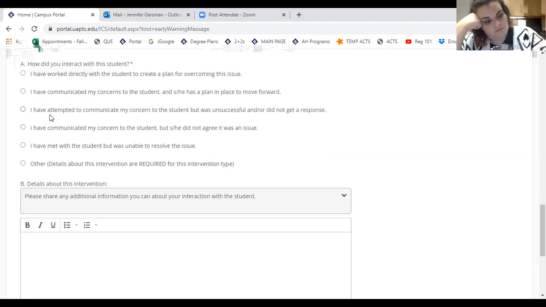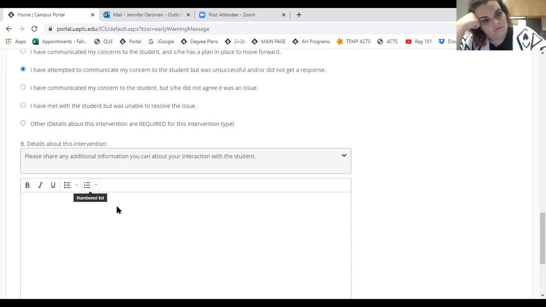A lot of times we get this one: I've communicated my concern to the student, but was unsuccessful or did not get a response. Shocker, the students a lot of times do not check their UAPTC email. If they do not do that, we will still send an email to them as a first contact, but we will also take that extra step and email them to their personal account and or call them directly on the phone. So at this point, you can say, I've emailed